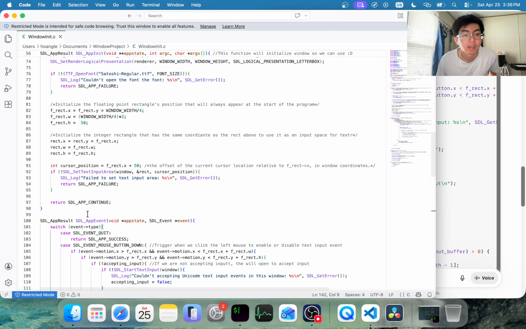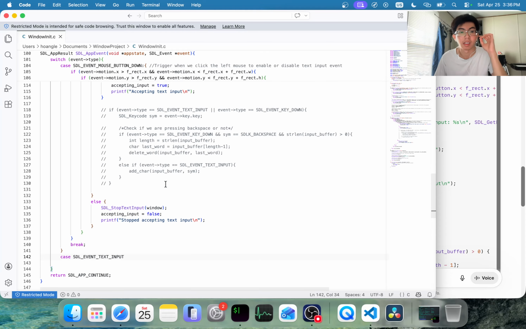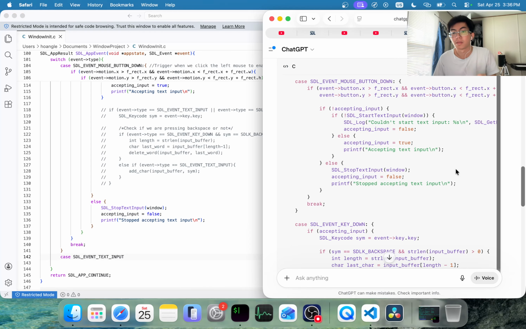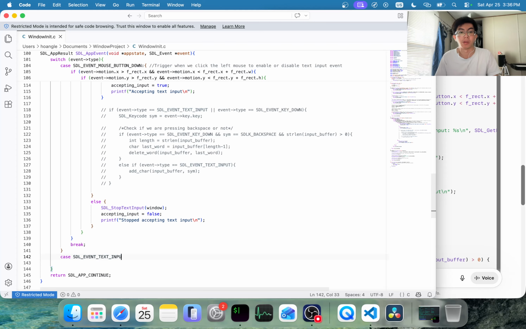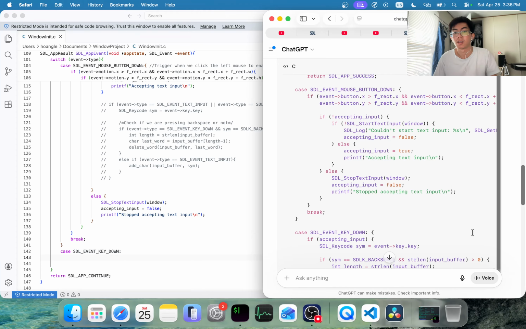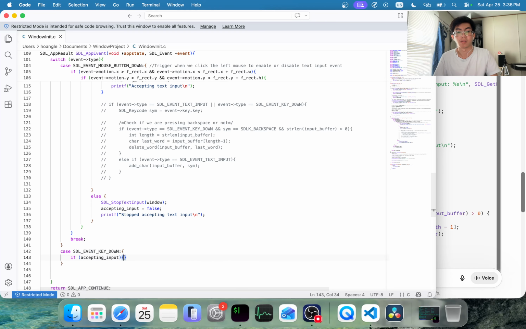Okay, case event text input, SDL event text input, key down. Oh, I think we have to use the key down to take the input. And now let's just do this one. If it is accepting input, I have to check this one. If it is accepting input, this one is true, then